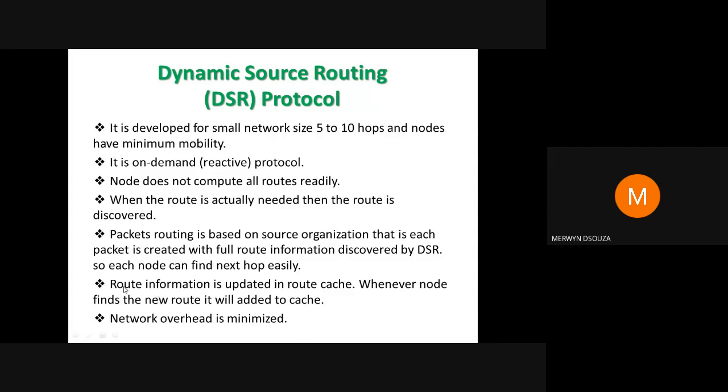So one more thing about DSR you need to remember is there could be multiple ways of going to the destination. More than one route could be present. So if the DSR algorithm finds more than one route, then it may store multiple entries in the table. For the same destination, there could be multiple entries in the table. Among them one will be the shortest route and the others could be a bit longer, or they may be of the same length, but there could be multiple entries for the same destination. So that is what happens in DSR.